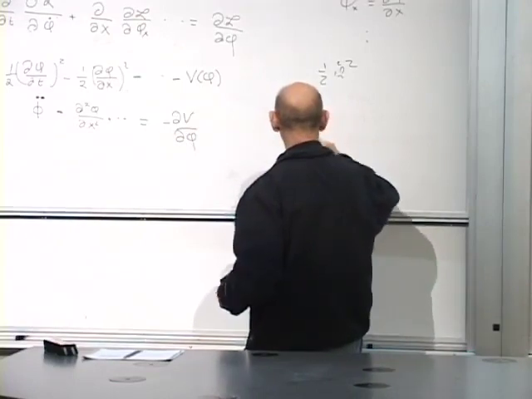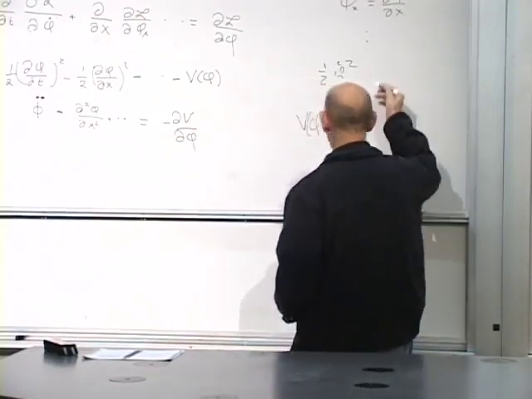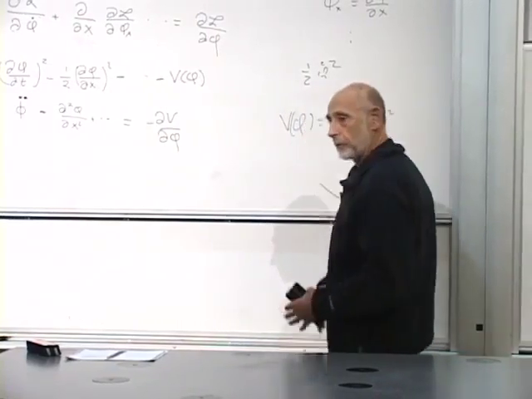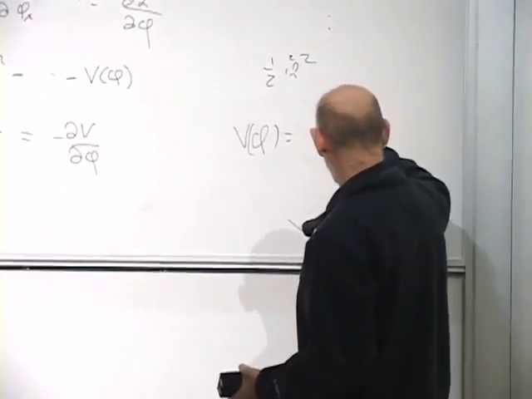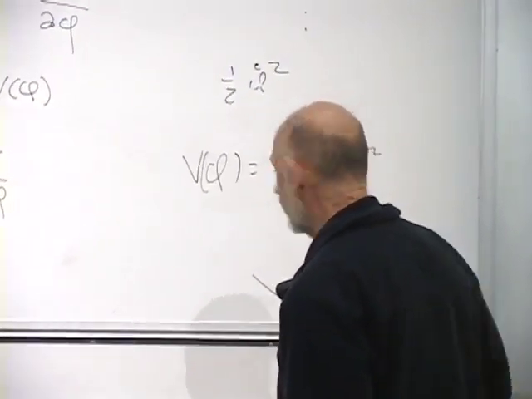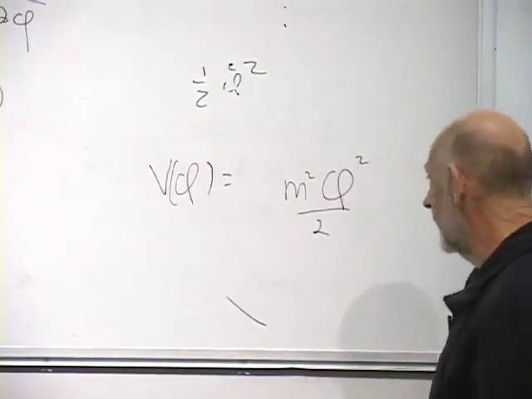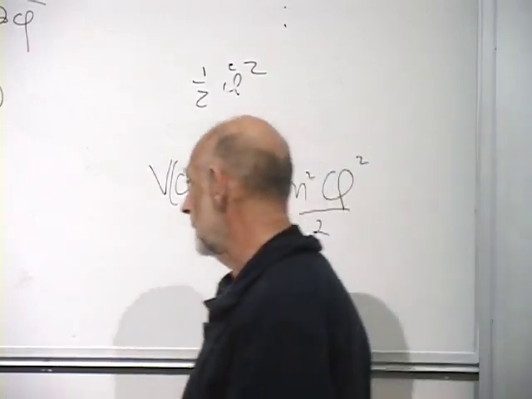The first interesting example is to put phi squared. V of phi is equal to something proportional to phi squared. All right, a proportionality needs a constant. Let's call the constant m squared, and let's put a 2 in. There's no content in that. M squared over 2 is just some constant. I call it m squared over 2 because it has some physical meaning that we'll see in a moment.